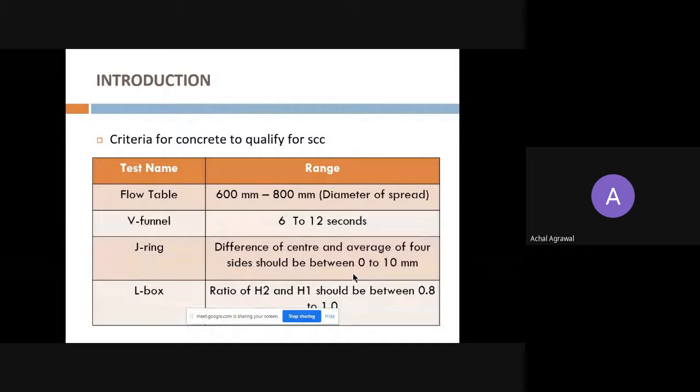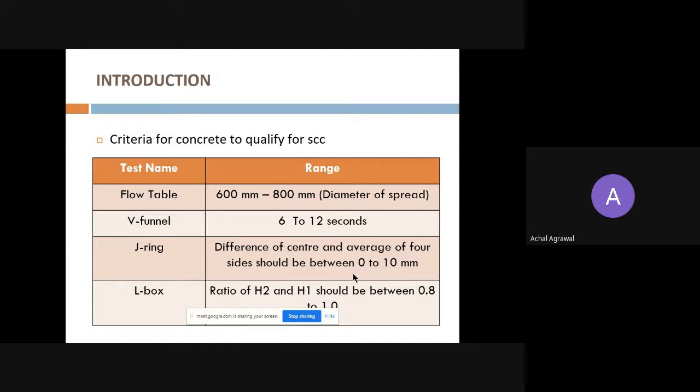Now, someone may ask how a concrete can be qualified as SCC. As in the previous presentation, Abhilash sir may have asked whether any measurement of slump or workability was taken. One thing which is very sure about SCC is that its workability is one of the measures by which a concrete can be qualified as SCC. There are 4 tests. We do not have any Indian standard codes to measure the workability of self-compacting concrete.